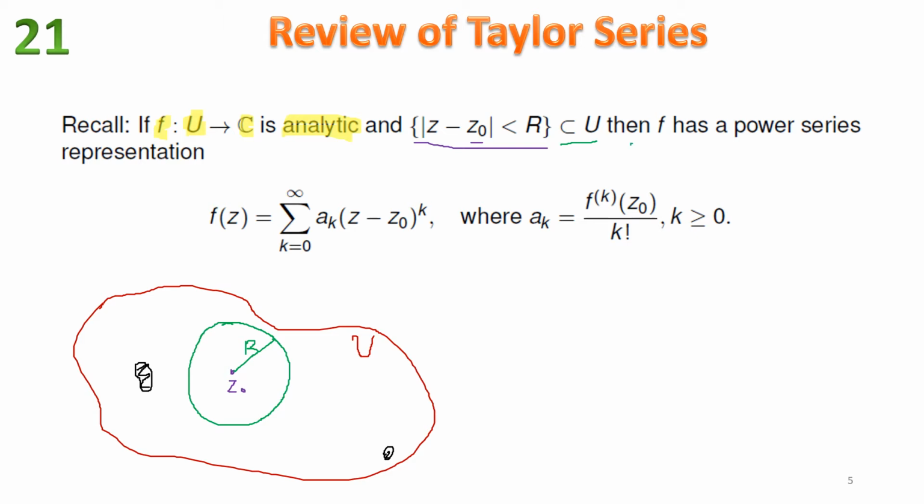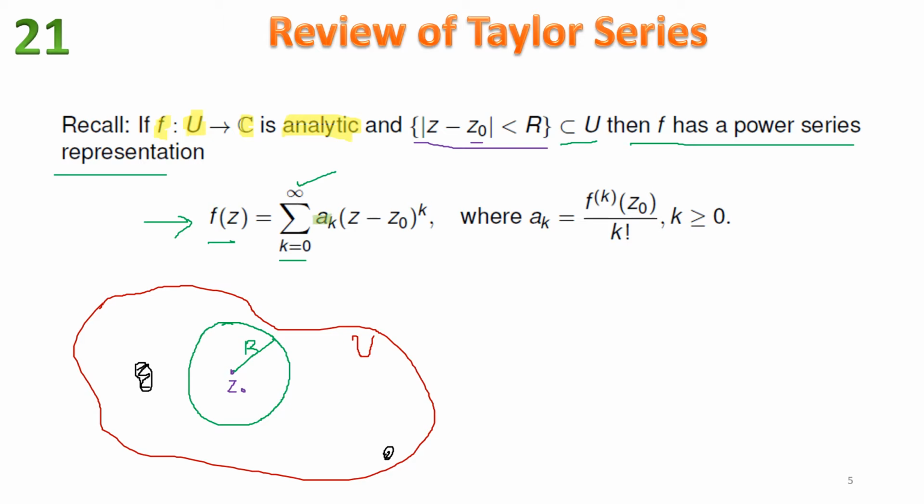Then the function f has a power series representation, and that power series can be expressed by f of z equal to summation a_k into (z minus z0) to the power k, where k rolls from 0 to infinity. The most fascinating part of the Taylor series is that